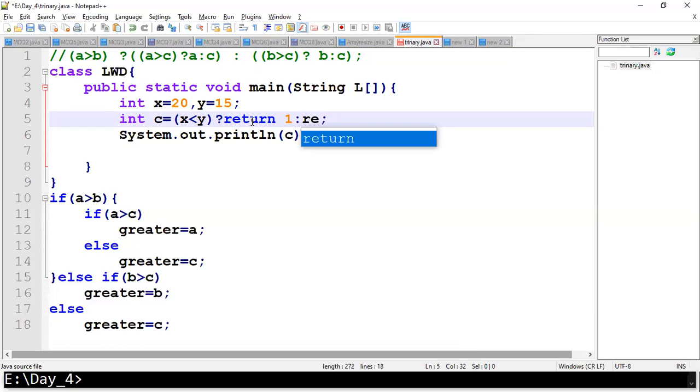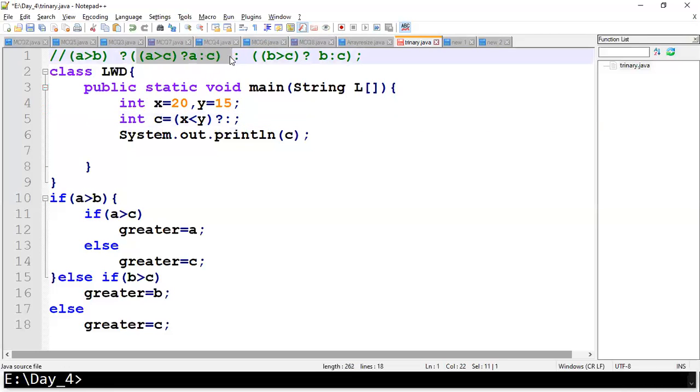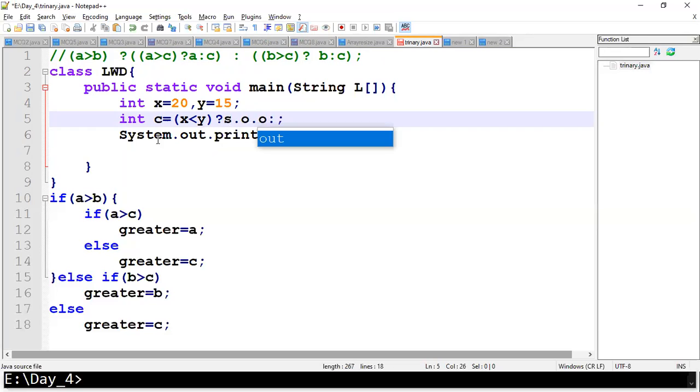Here, if you give return 0, these are invalid. You can give an SOP statement here. An SOP statement is a print statement that you can give, or else, if now I gave the condition, x plus 1, y plus 1, that kind of expression you can give. Again, you can give one more condition also. That is also valid, but you are not supposed to give any return type. SOP statement is nothing but System.out.println statement. That's what I gave, right? The same way you can give an SOP statement. See, here also you can give one SOP statement, that is a valid declaration. But if you are going with one more return statement, that is invalid.